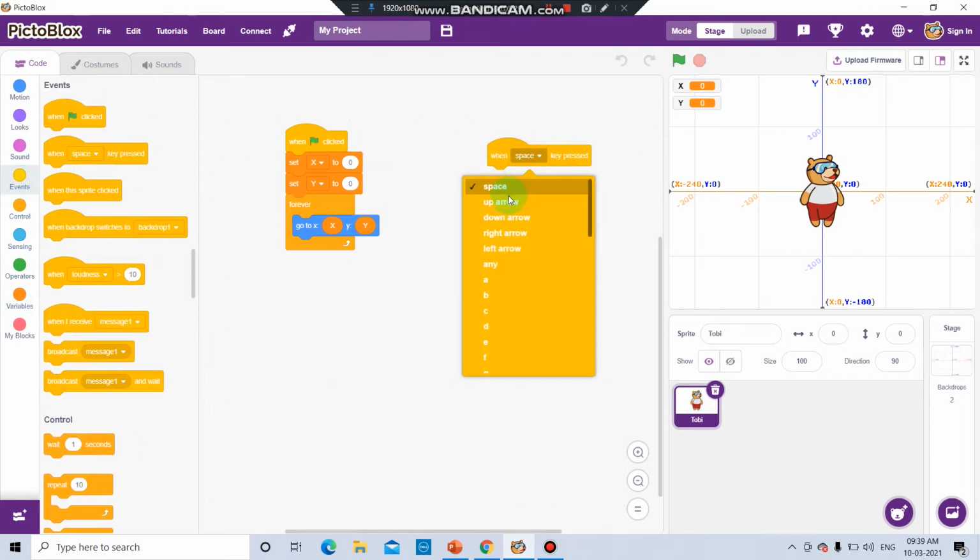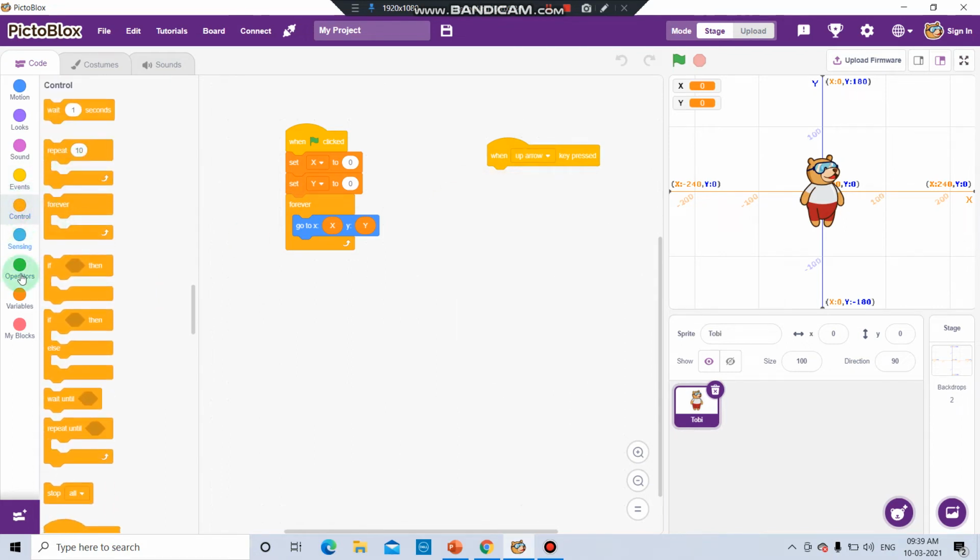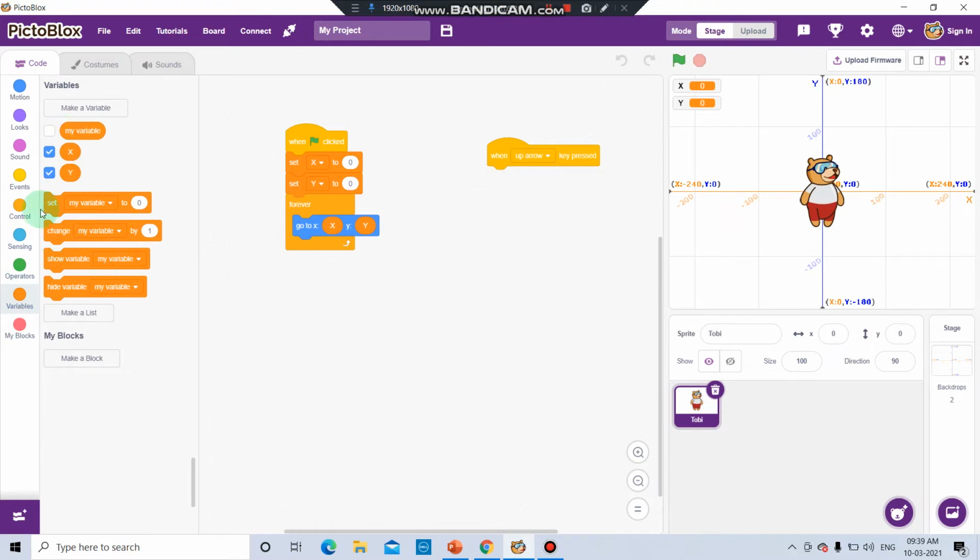When the space key is pressed, now up arrow you will do, and from the variables you can choose this, change my variable by 1. Now in my variable, in the up arrow, okay, first let's make a duplicate of this.